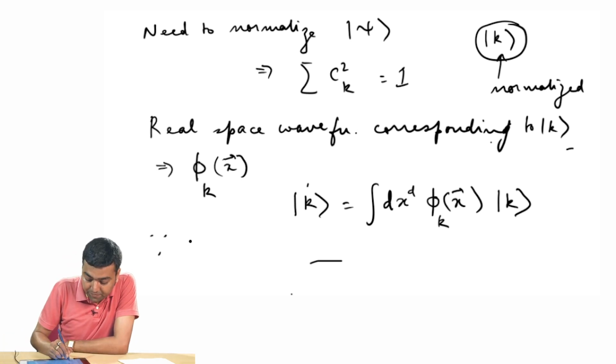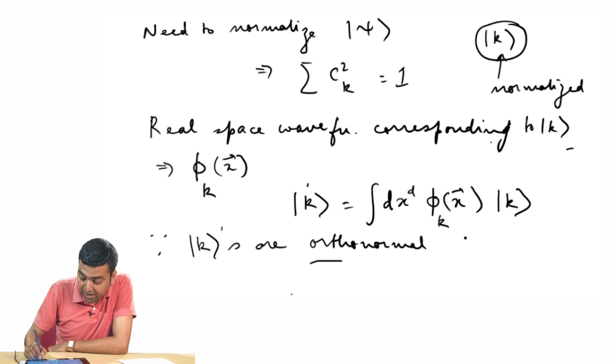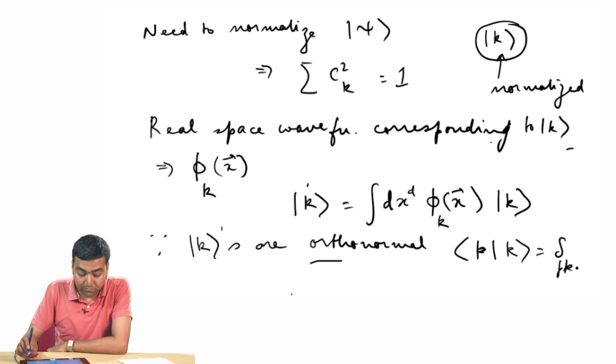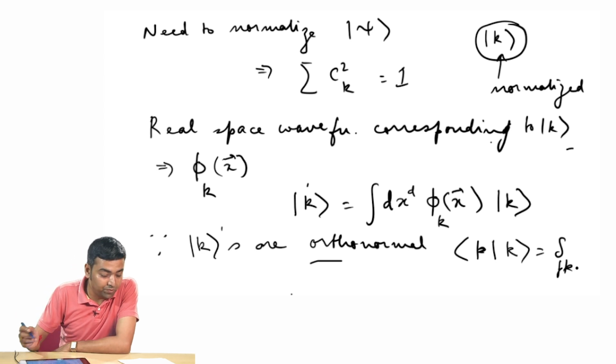And since the |k> are orthonormal, if I have another state |p> in the same basis, the overlap of p and k will be a delta function. Using this, we can also show, as in the previous case,